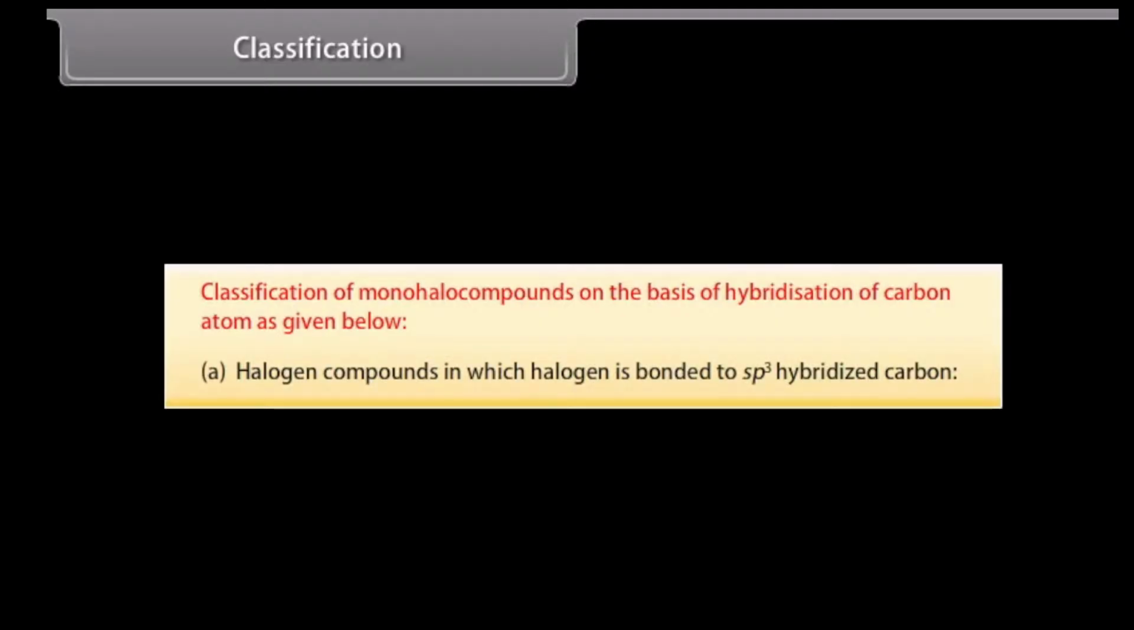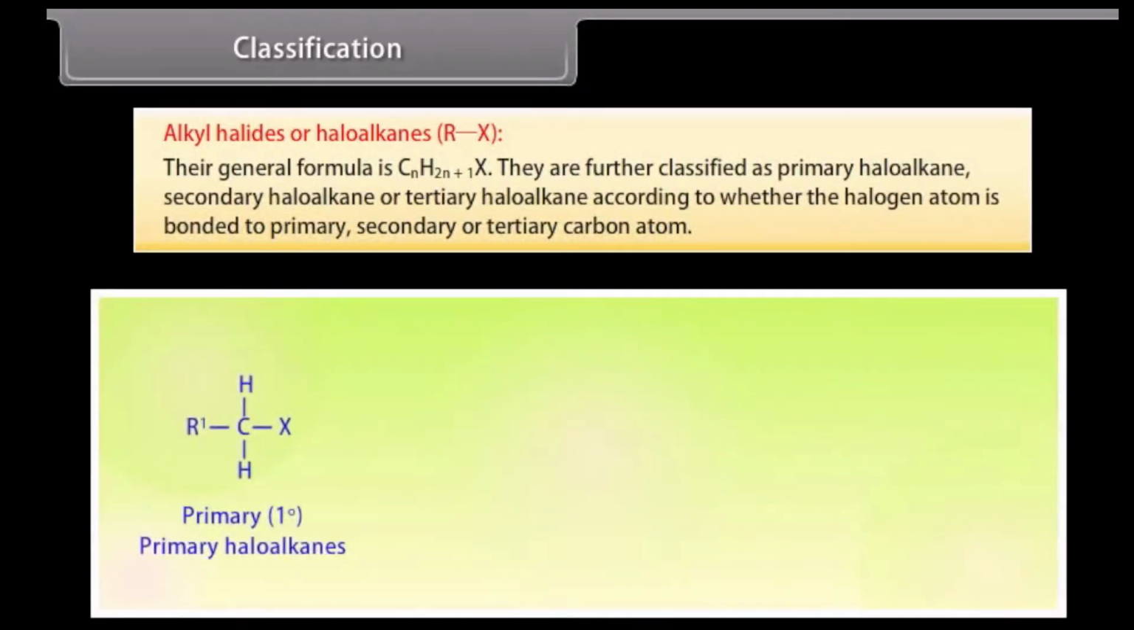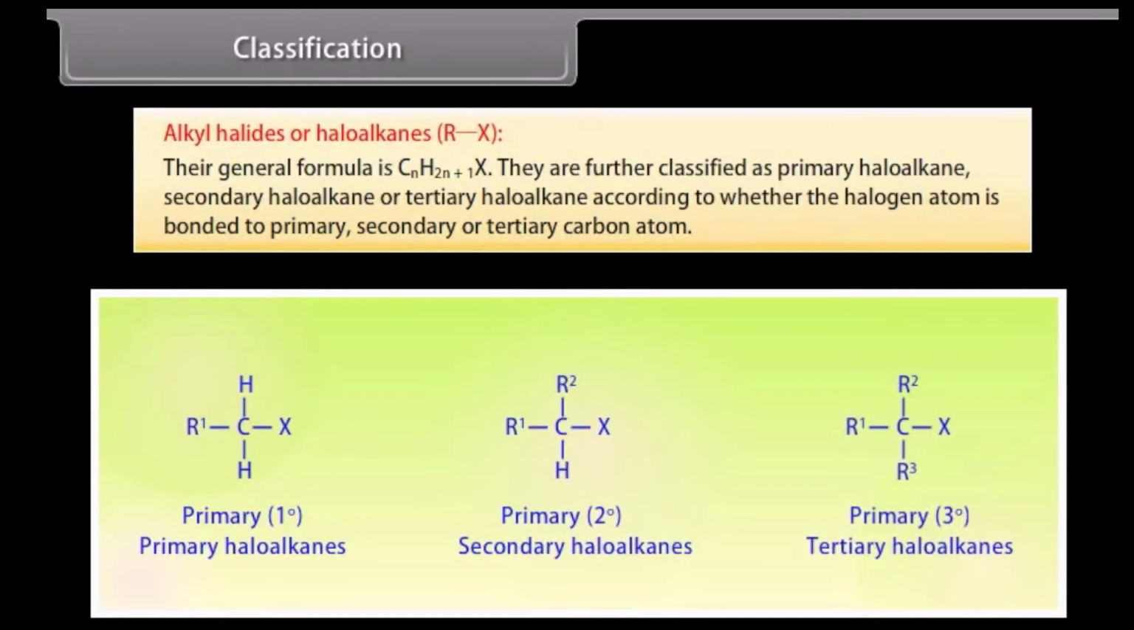Classification. Classification of monohalo compounds on the basis of hybridization of carbon atom as given below. Halogen compounds in which halogen is bonded to sp3 hybridized carbon. Alkyl halides or haloalkanes, RX. Their general formula is CnH2n+1X. They are further classified as primary haloalkane, secondary haloalkane, or tertiary haloalkane according to whether the halogen atom is